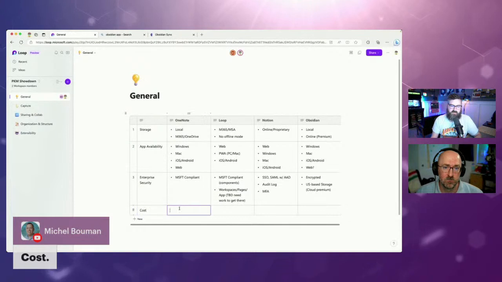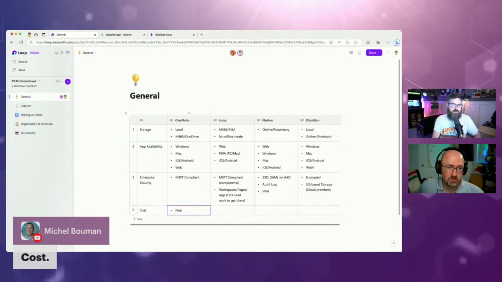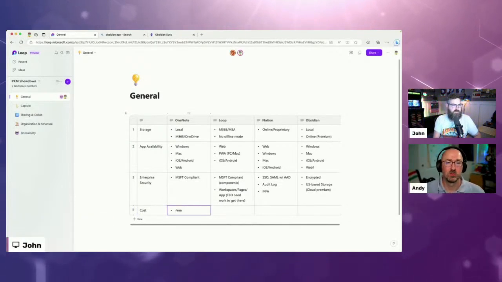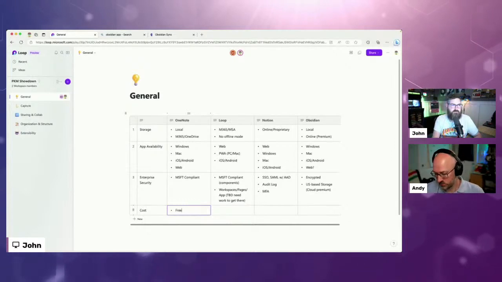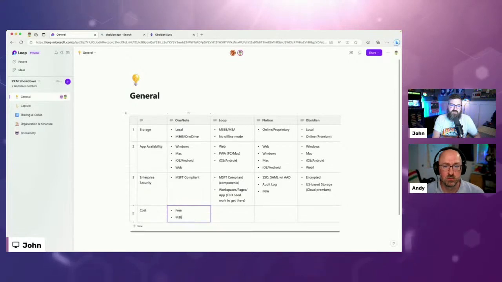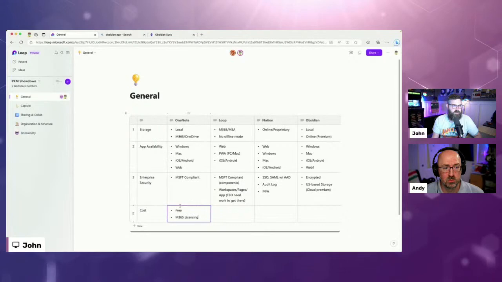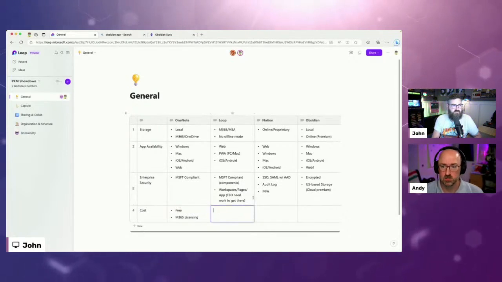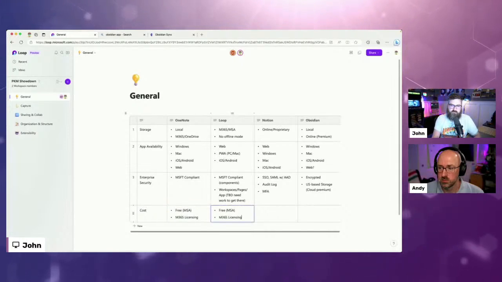So cost. You can use OneNote for free, because you can do the whole free version for personal. And then there's also M365 licensing. It's part of your E3, E5, whatever SKU that you have. Same with Loop: there's the free MSA version, and then there's also the M365 version.